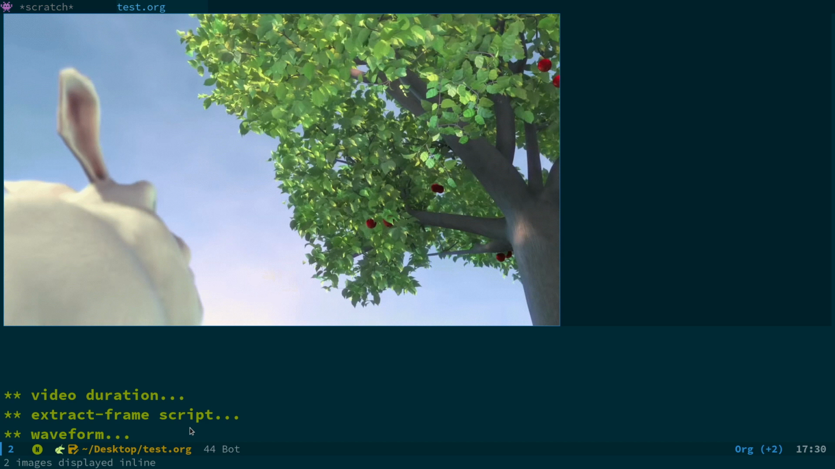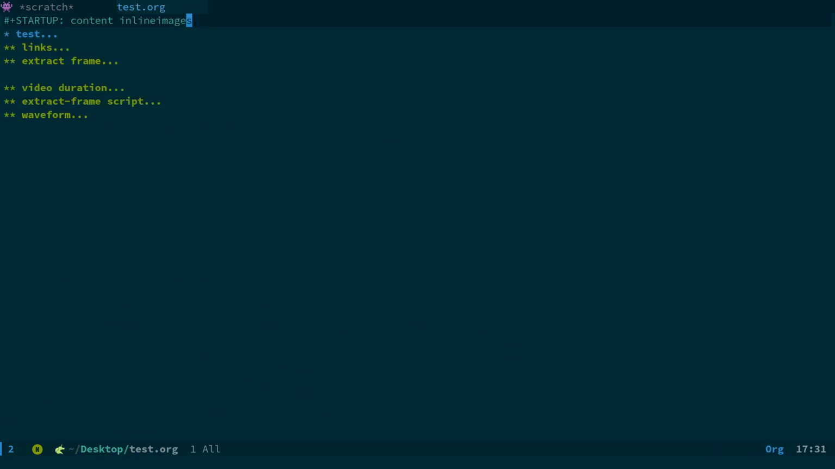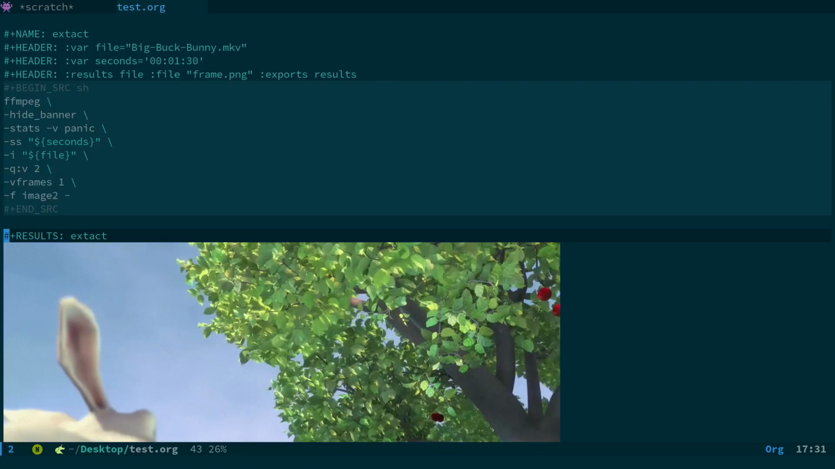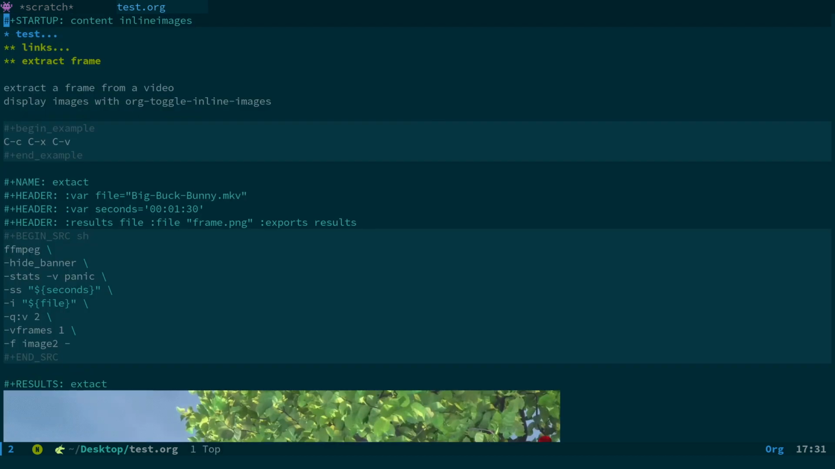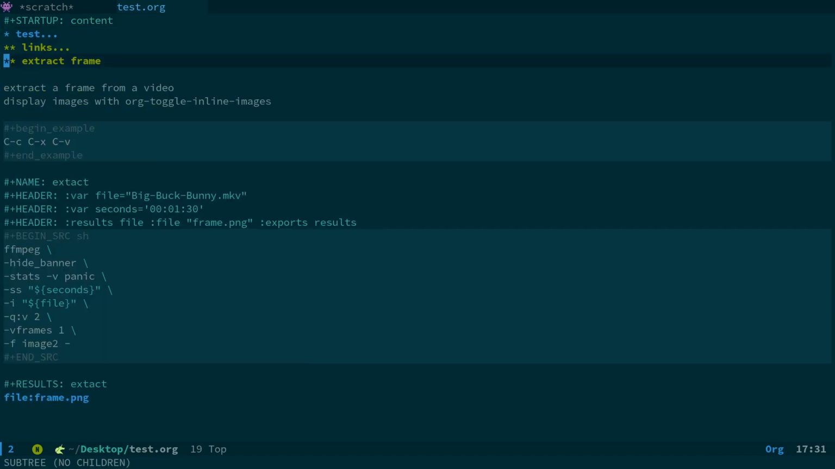Okay, so I'll pull that off, and I think the thing is inline images. If I reopen that and come to extract frame, you can see that the image is now automatically enabled. It's visible. So you might not want that. I don't know if there are any performance issues with having that enabled, but I'll just disable it. Okay, so that's how we can do that with